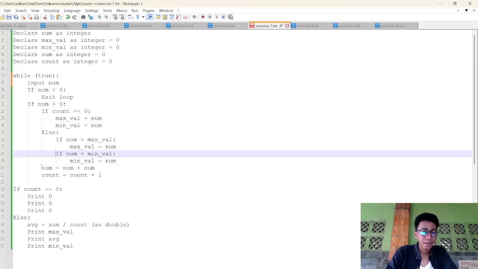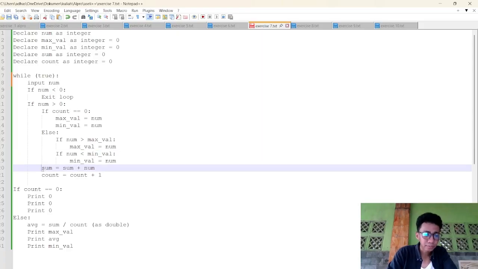And after that, the value of sum will be assigned with sum plus num, and the count will be assigned with count plus one. The initialized value of sum is 0, and count itself is 0 too.